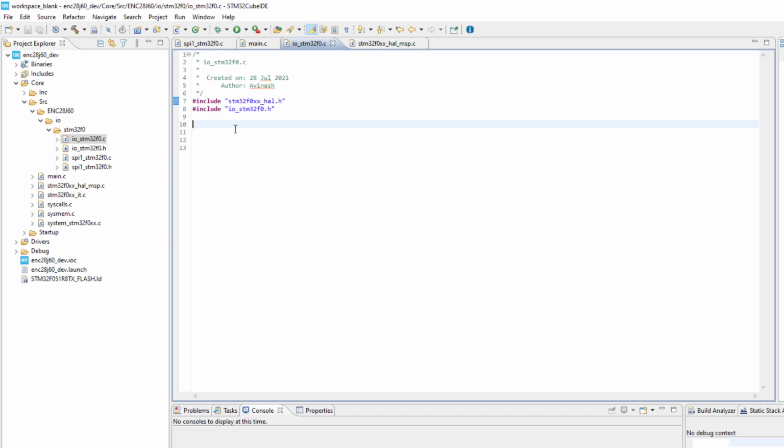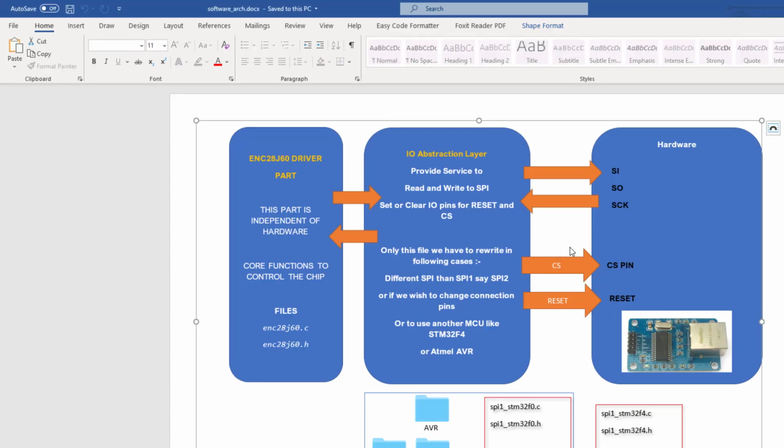So here the first function will be the initialization function that will initialize the GPIO that are connected to these two pins, CS pin and the reset pin.